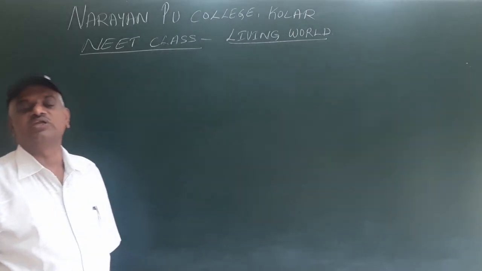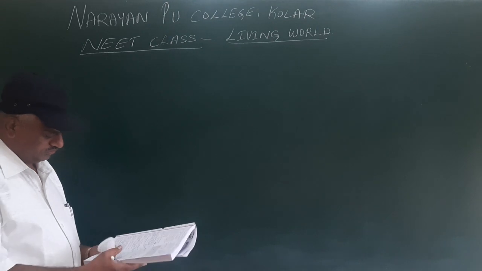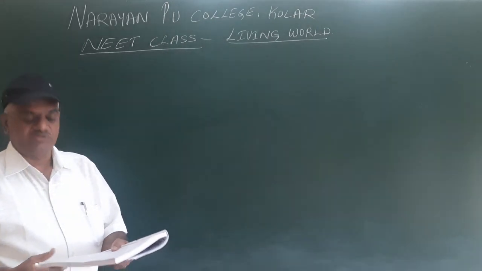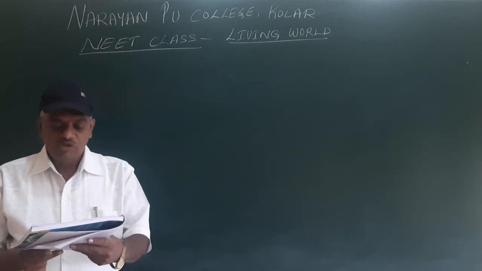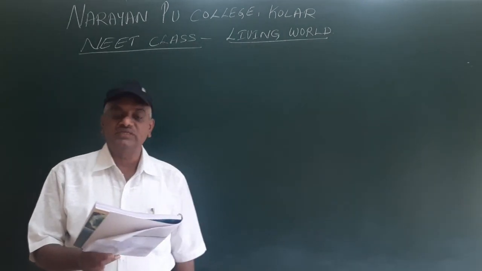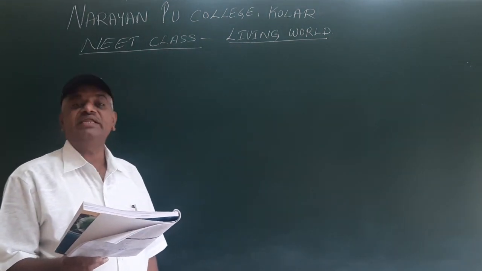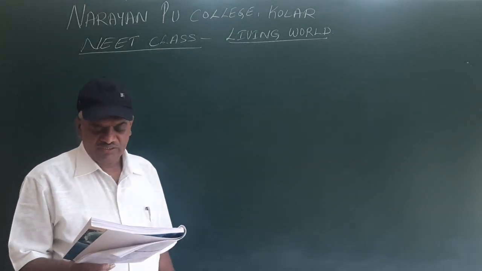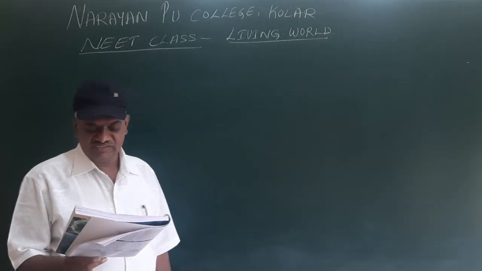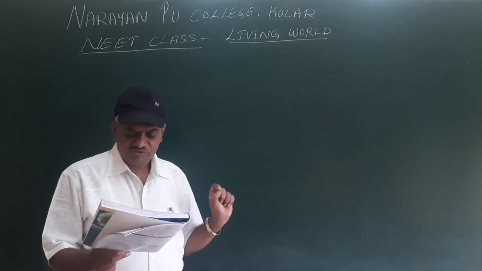Hello students, we will continue the next multiple choice questions. So we are going to start with 23rd. Order and other higher taxonomical categories are identified on the basis of, I'll repeat this, order and higher taxonomical categories are identified based on the first option,